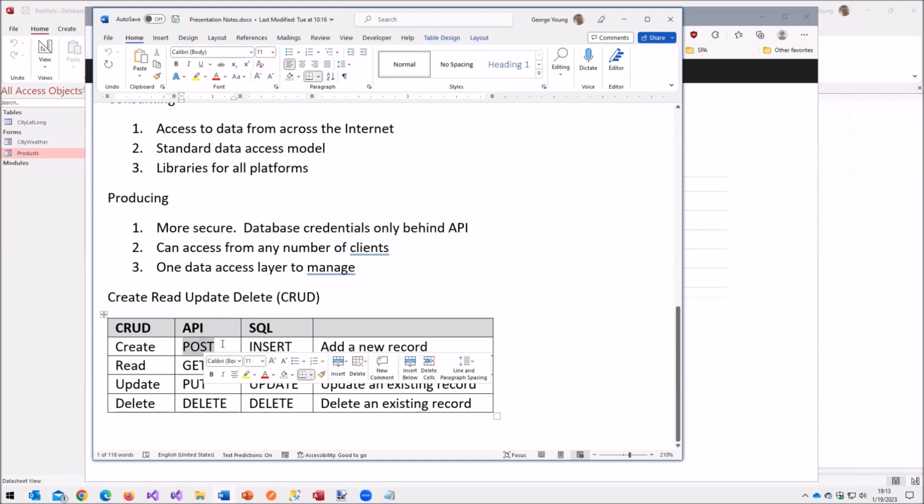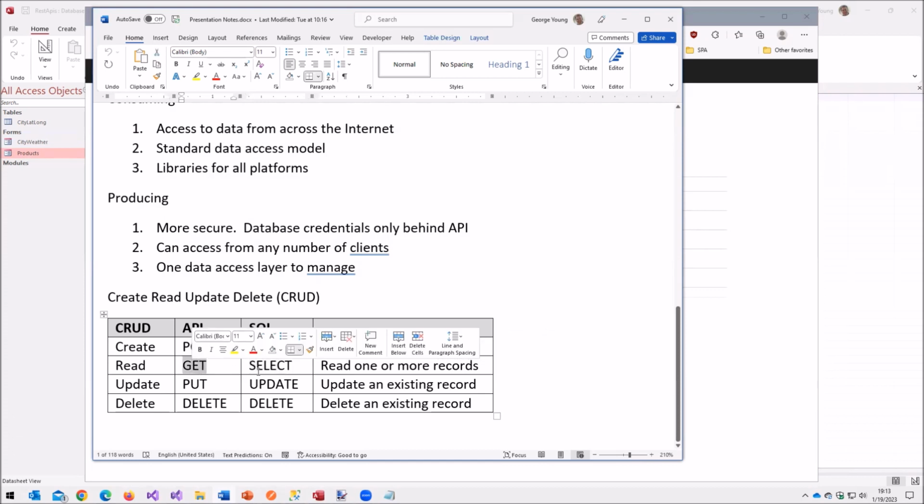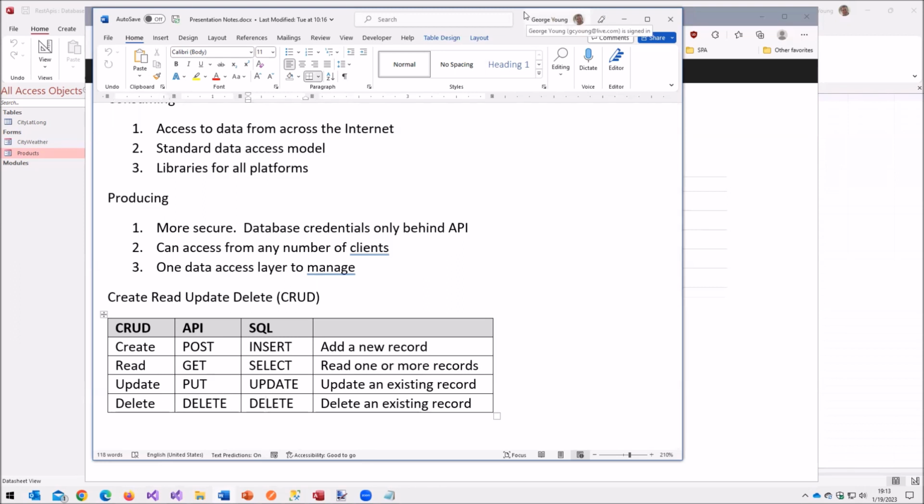In the web API world, you do a post method. To read, it's a select from in SQL, and it's the get method. We've looked at that, and that allows us to read 1 or more records. To update an existing record, in SQL it's update. The method in API is put, and then the delete is delete, which is the same thing across the board.